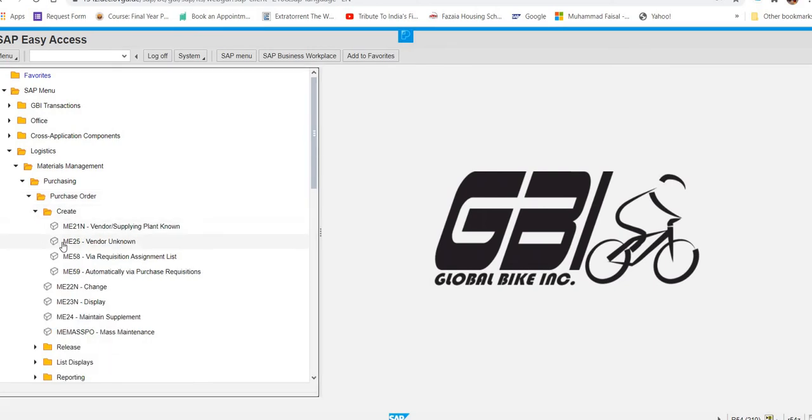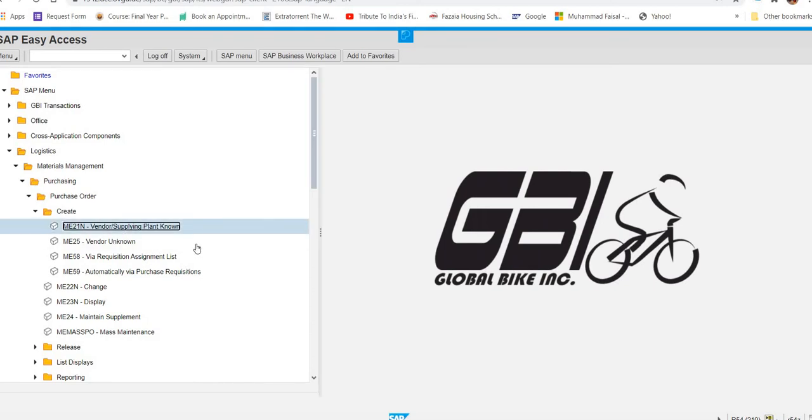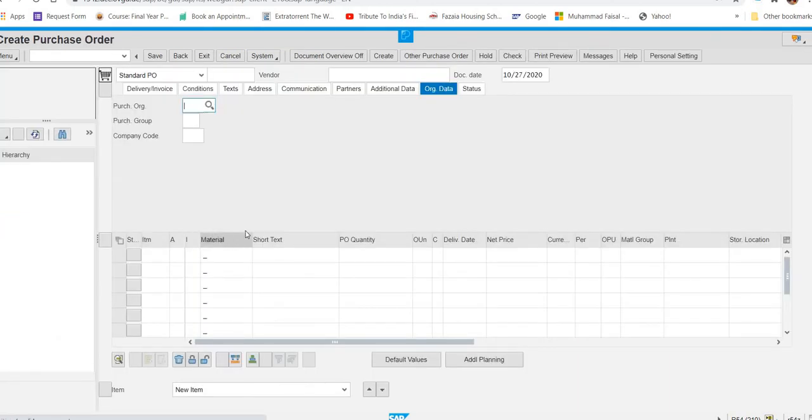And under create, there is vendor, supply plant known. Vendor supply plant known. Now, what you can see here, you have to enter US00 as the purchase organization.